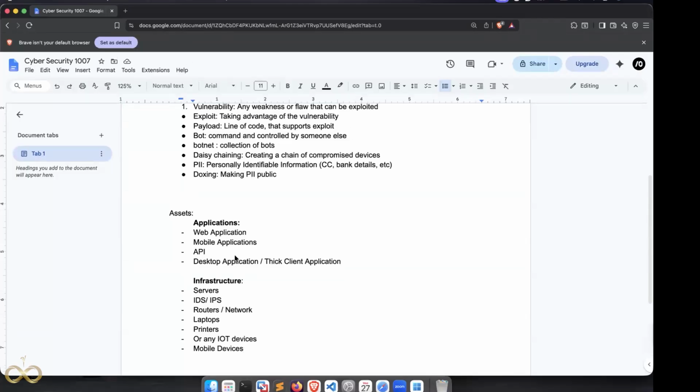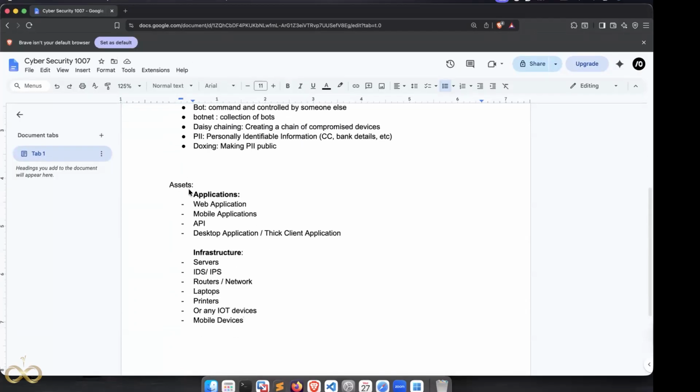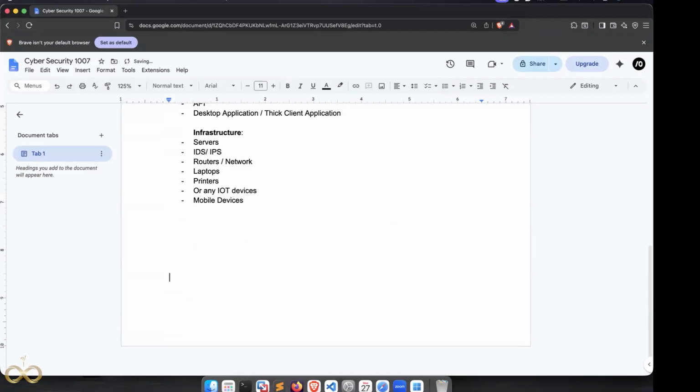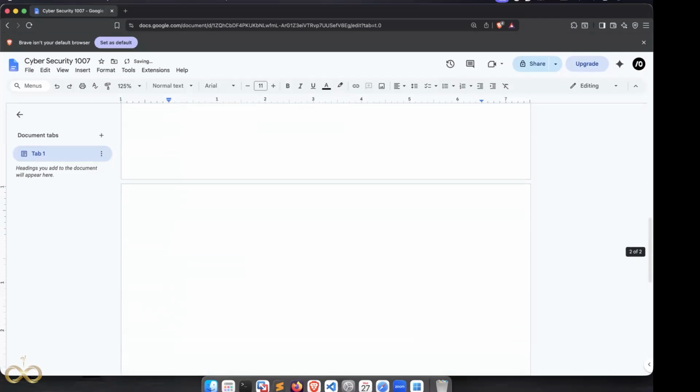Based on these assets, the major assets, security testing is often done. So when there is VAPT or penetration testing, I'm going to go to a new page. We have understood penetration testing as offensive security. It is basically analyzing the security flaws in an infrastructure or application. That is called VAPT, or vulnerability assessment and penetration testing.